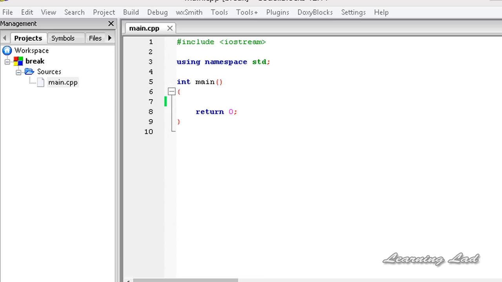So this break statement is normally used to immediately terminate a loop. Just for demonstration purposes, we're going to write a program which prints the numbers from 1 to 10, using a loop, and I'll demonstrate how to use the break statement in that loop. First, we're going to create a variable called counter,